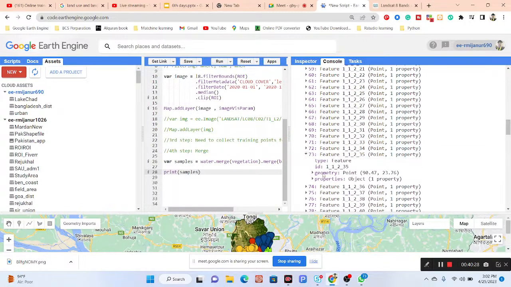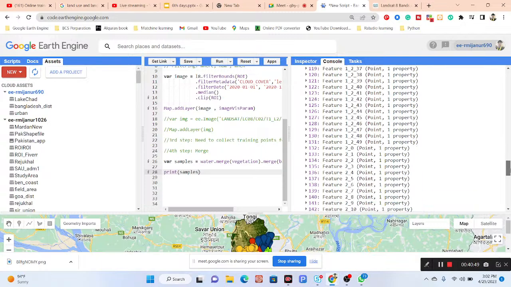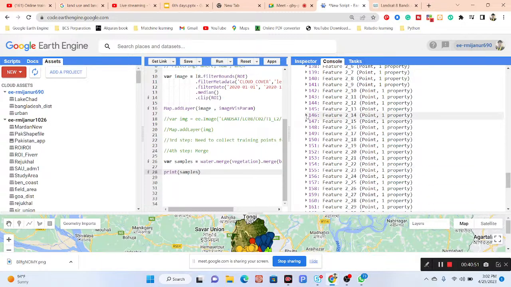So here you can see this 38 is the class for the 1. So this 70 training point I want to use for 1. What is the 1? 1 is for vegetation. And what is the specific? We can also get their longitude and latitude about this point. Okay, so here you can see all of those training points are included with their